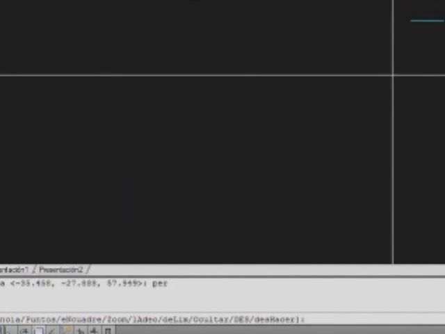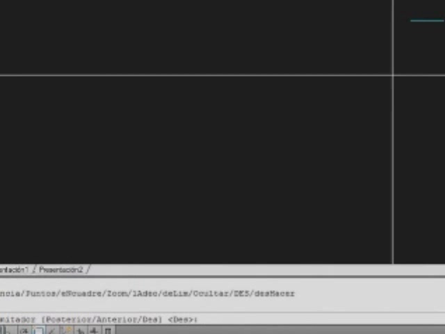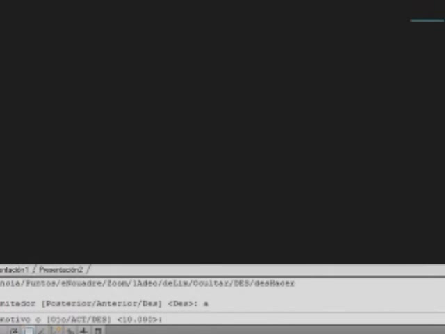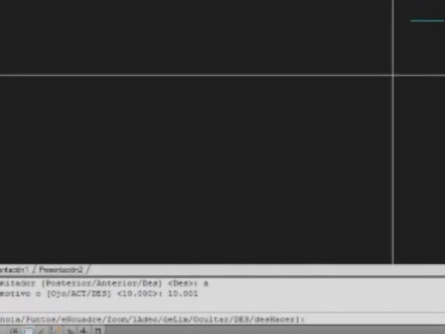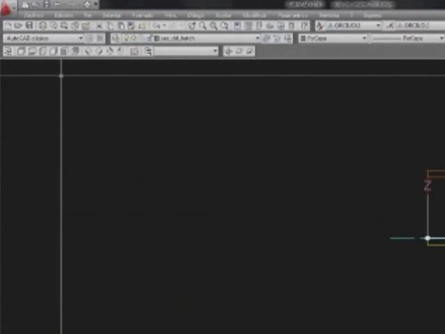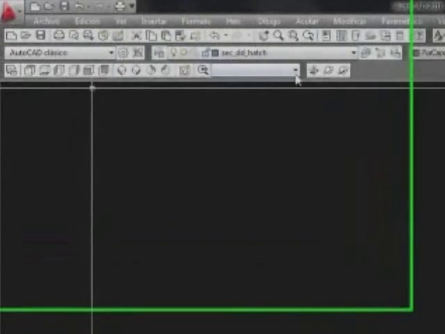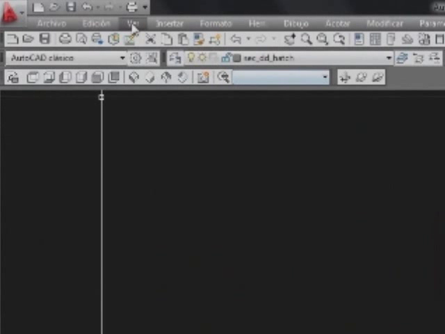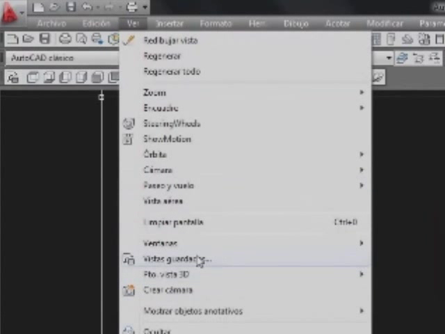So now I go to the clip, front, and then I just put 1 millimeter more, 10,001. This is the trick. Okay, that's all. Enter, and finally I need to save the view. I go to view,